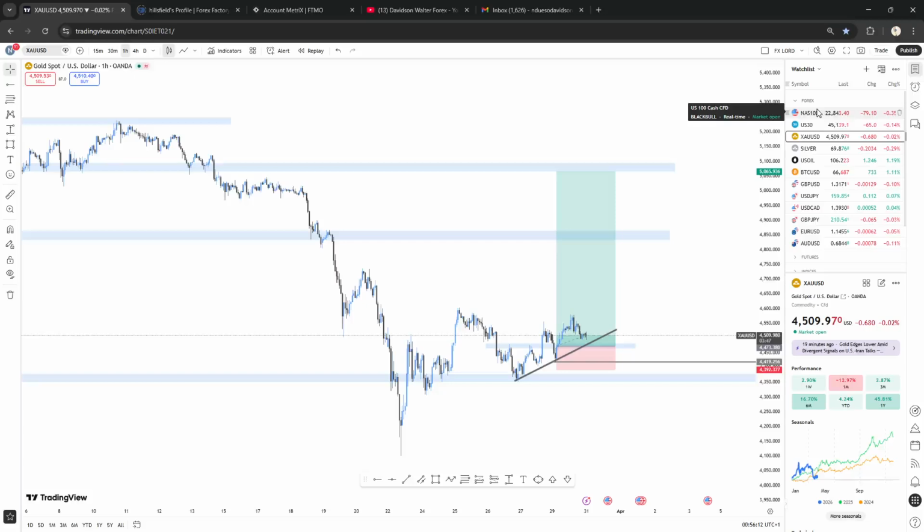In fact, these are the instruments I trade: NAS 100, which is Nasdaq, US30, XAUSD, silver, and US oil. Then a bit of BTC. I'm not so much of a BTC trader because I'm not so good at trading BTC. I don't really understand the chart, but I try to mark out the chart as well to see what is happening. When we get there, I will show you the BTC chart as well.